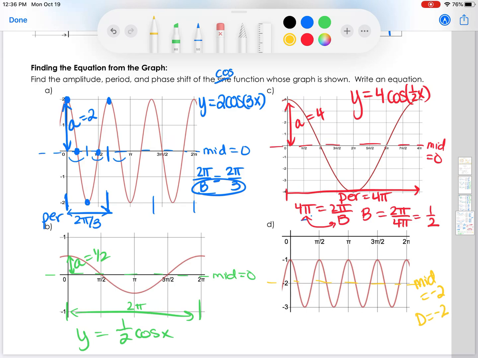And last but not least, my midline here is at -2. So that means d is going to equal -2. I've got to go down 2 spaces. My amplitude appears to just be 1, and it looks like my period is just pi over 2. So if 2 pi over b is equal to pi over 2, I can just kind of cross multiply here. I can get that 4 pi equals b pi and divide. So b equals 4, a is 1, d is -2. So y equals cosine